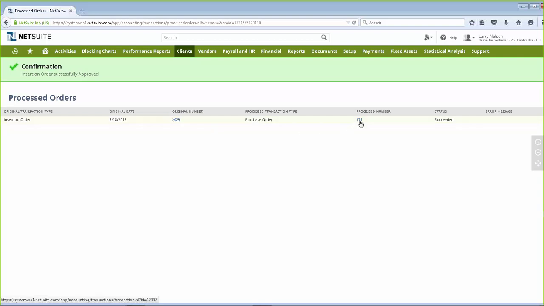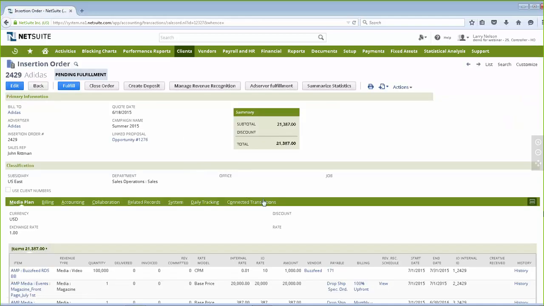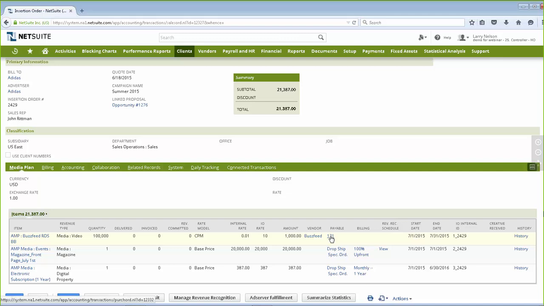And now it's automatically set up that purchase order for BuzzFeed, automatically having that information so that when we're ready to pay that person, it's got information that's already set up and it's easy to get that out to them to be paid. And this will also follow through with any sort of rev share or dollar value commitments you've had on a product level, reducing the amount of keying that you need to do on the NetSuite system.